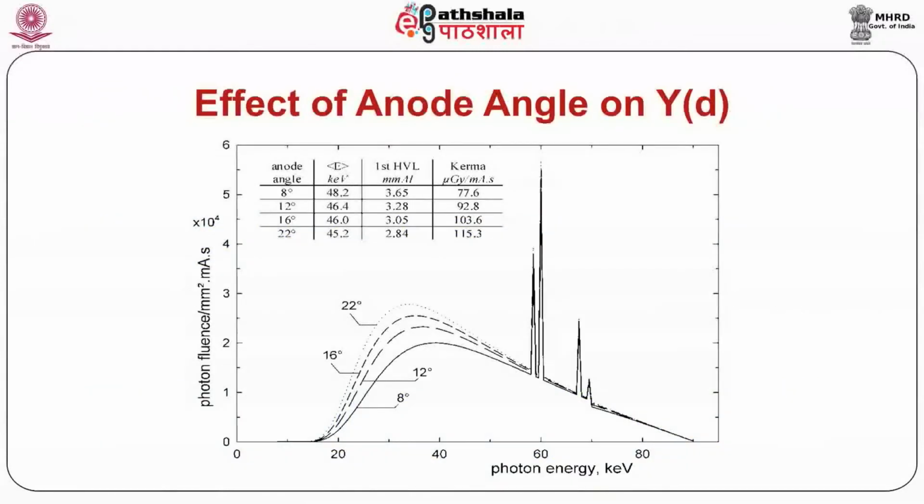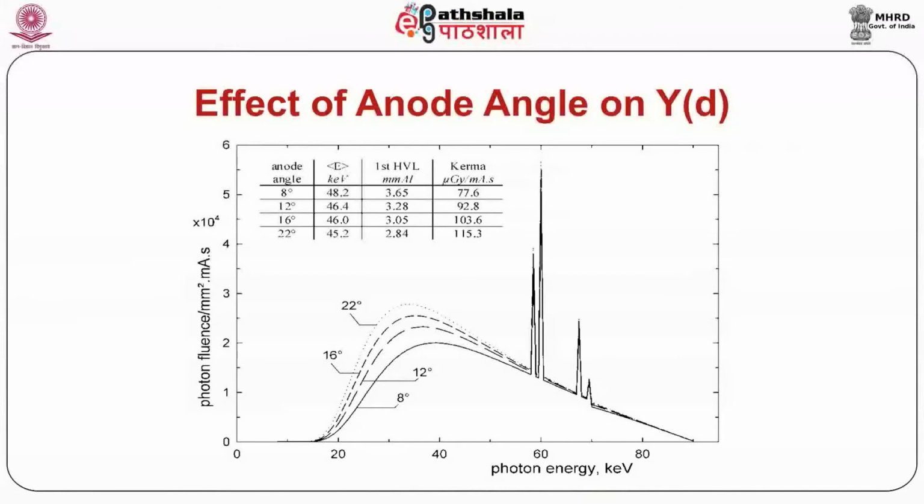This figure shows the spectra of 90 kV X-ray beams obtained at different anode angles. The anode surface roughness increases with tube load, which increases the self filtration. Hence, there is a slight increase in the X-ray hardness and decrease in output over the operational life of the tube. So now we will see the effect of filtration on the X-ray tube output.